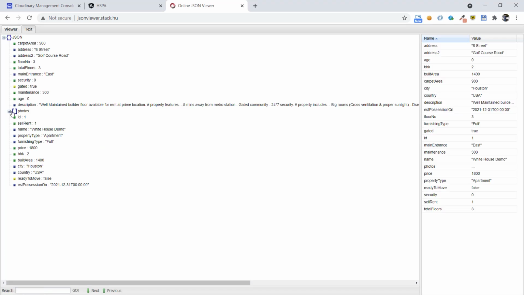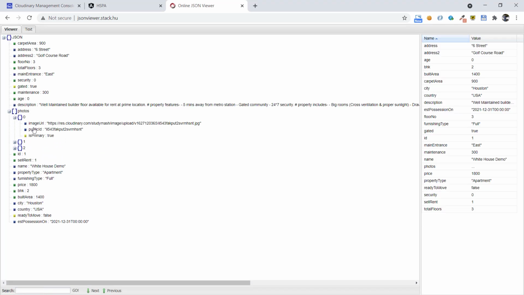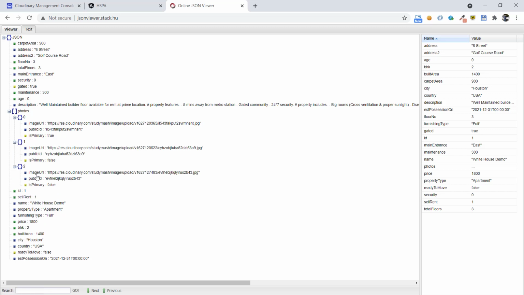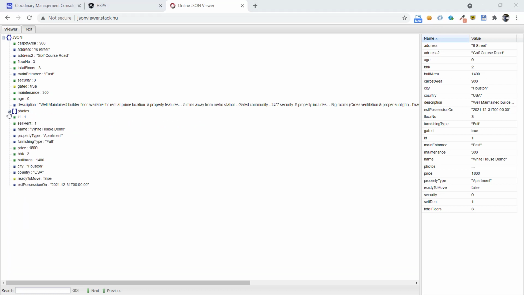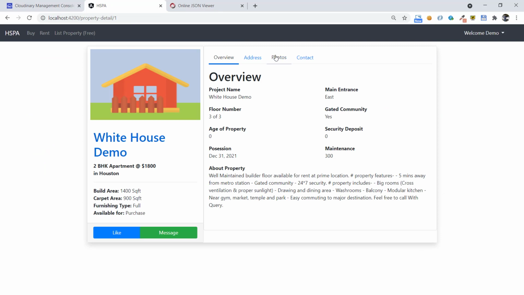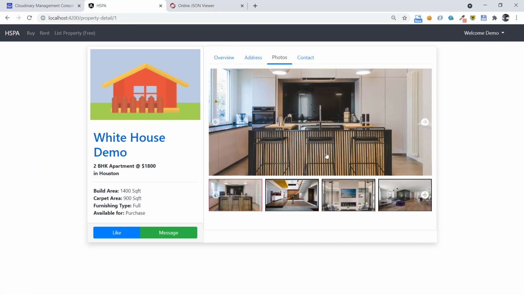You can see now we are getting one more node here for the photos that contains three photos associated with the property, and it contains those three fields that we just have added in the photo DTO. So now we have all the required info of the property that we are displaying here on the property detail component. And next we will update our Angular application to display these images from the Cloudinary.